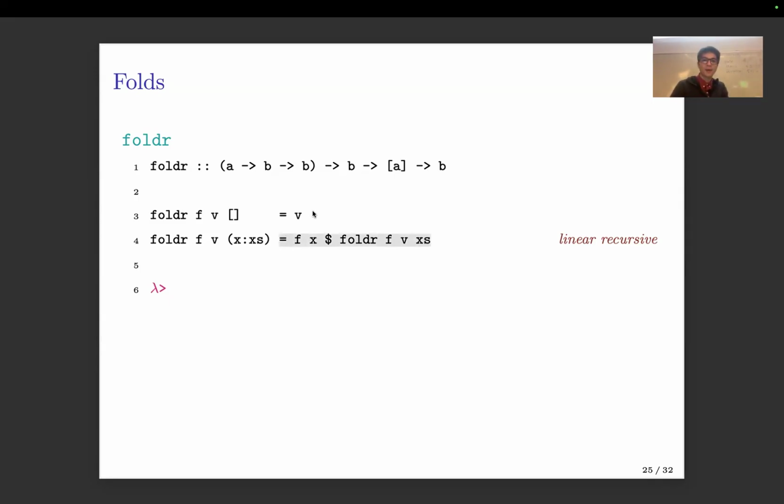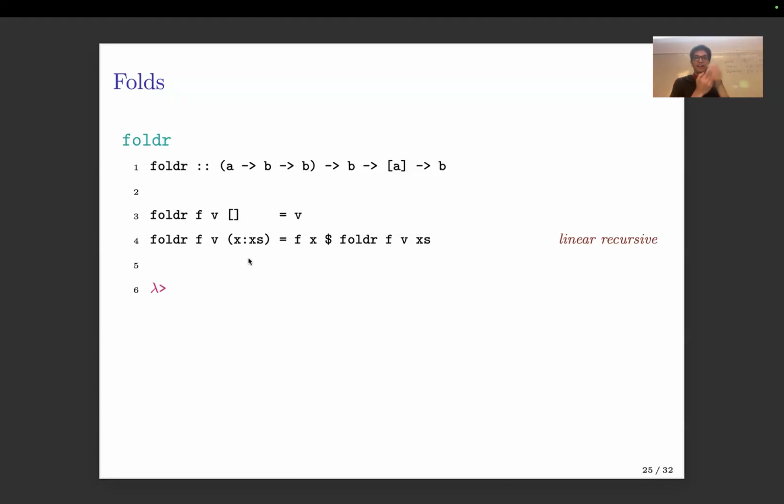So this is like a base case, and this is a recursive call. This is the form that every linear recursive function has to take. Definitionally, it has to be this base case and function recursive call. Right? So you know how I said how we write recursive functions is effectively just figuring out